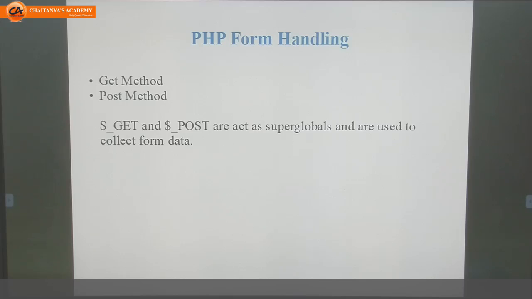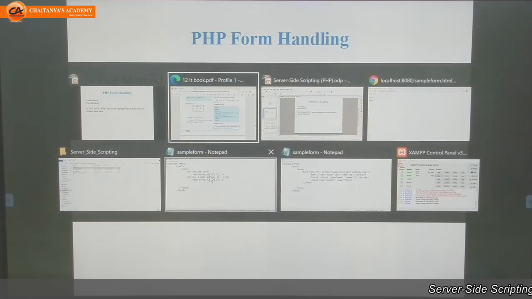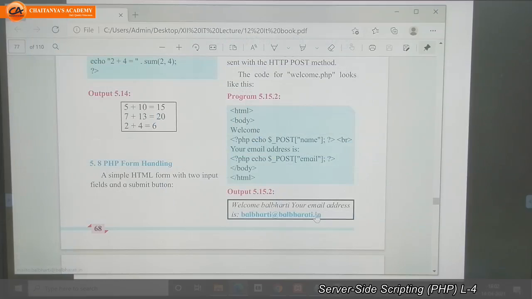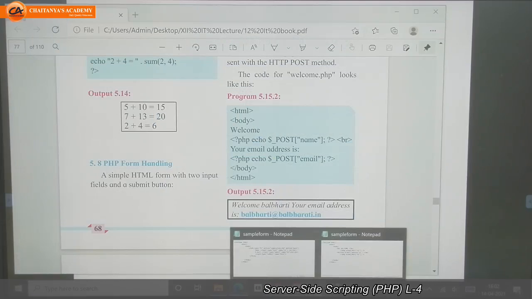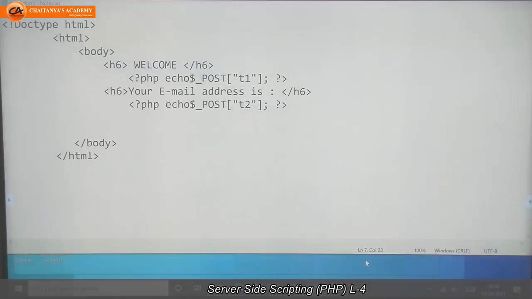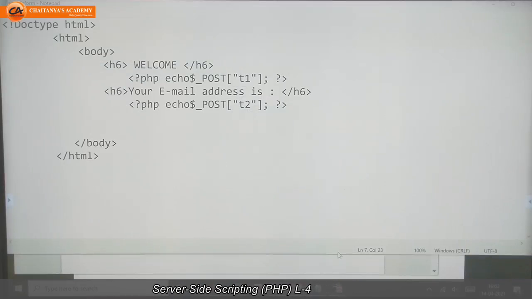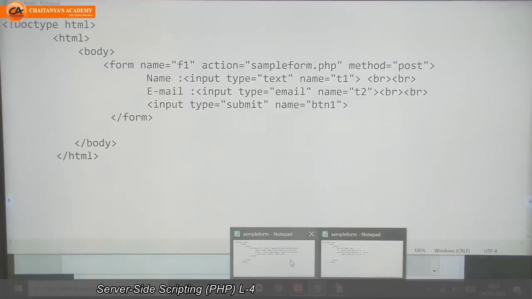We have already seen how to create a form in HTML. How are we creating a form? In HTML, we are creating a form by using the form tag.